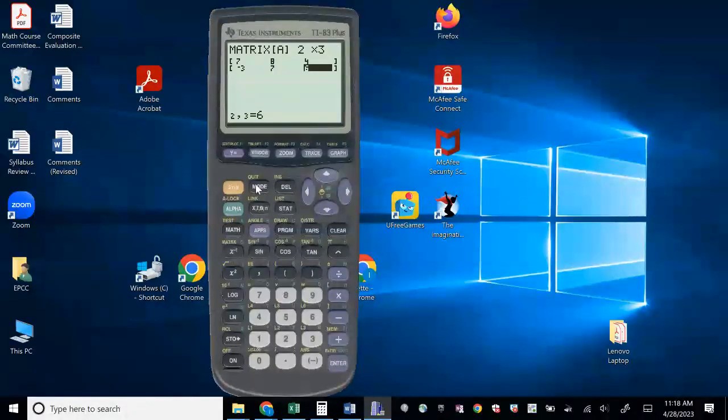Okay, so if you wanted to solve this system, then you can also go to matrix. You would go to math, and if you scroll down, you're going to see letter B here, RREF. That means reduced row echelon form, which is the Gauss-Jordan method. And if I bring it back,